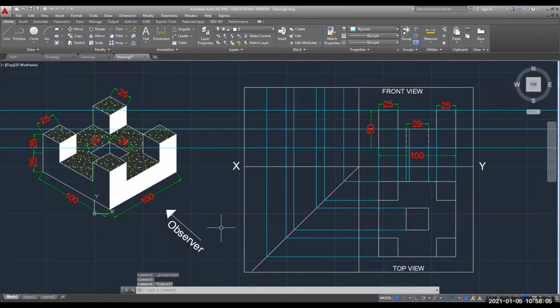Now I want to cut the unwanted portion, so I will go for trim command. I will select this base object, press one time enter. Now cut these portions. Similarly on this side also, select the base object and I will cut the extra length.